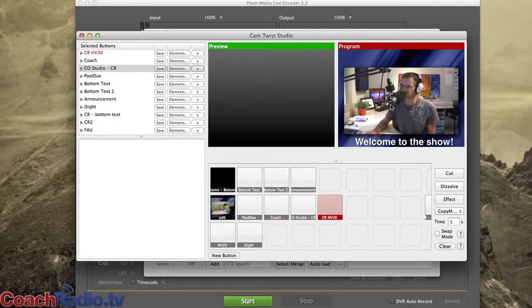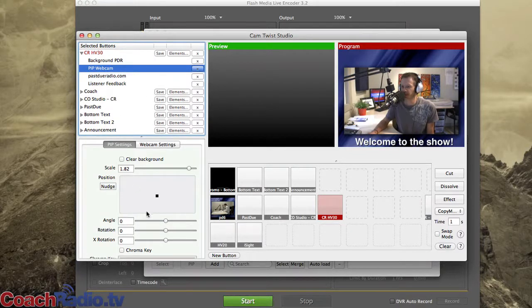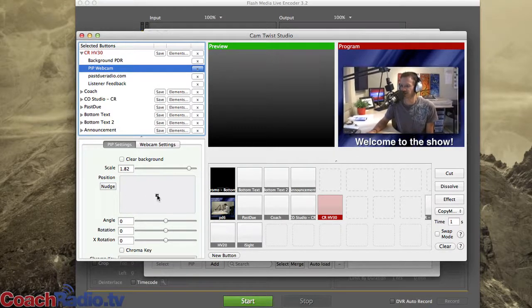Again, that's what the dissolve looks like. But I'll pull it into here and just overlay. This is a picture within a picture. That's this setup here within this drop-down into this webcam. And so I can move this video around, and that's what you're going to see here. So real neat way to use it. That's what I'm doing with CamTwist. And then again, I'm using Adobe's Flash Media Live Encoder in order to send it out